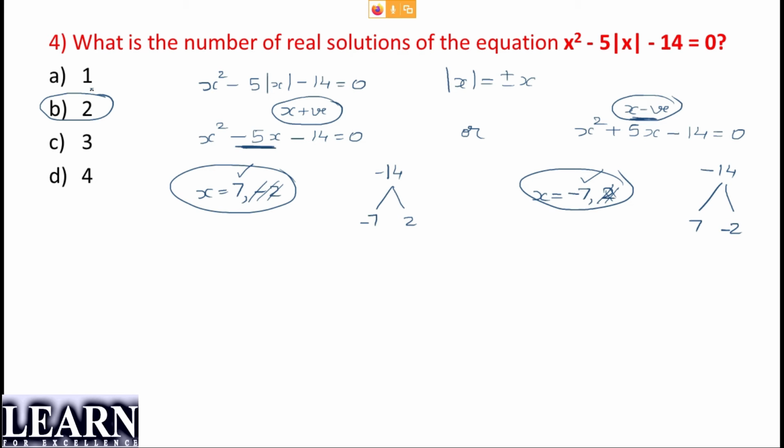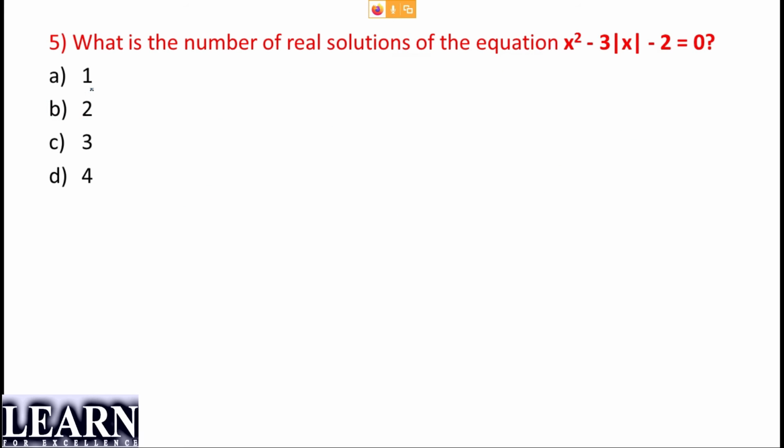So you need to understand, if the first one is talking about positive, and you have got two positive, then you can count it as 2. And if you have got positive and negative, you cannot take negative there, because you have already told if x is positive or if x is negative, then you have to take the similar sign there. Okay. For your practice, I have given one more question similar to this. Try to solve this and let me know what is the answer. Make it fast, guys. Don't take more than 1 minute.